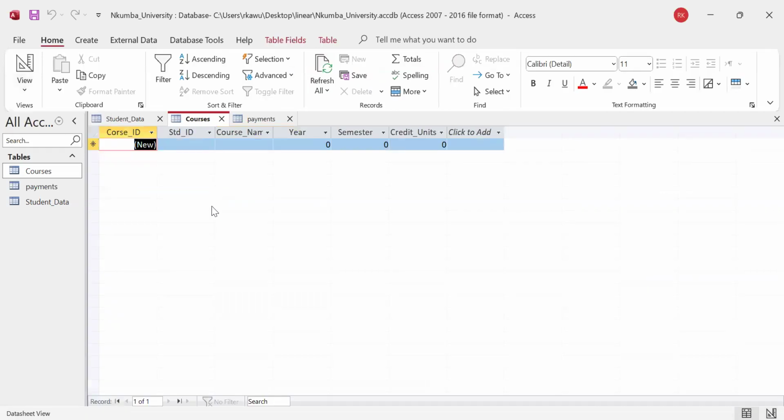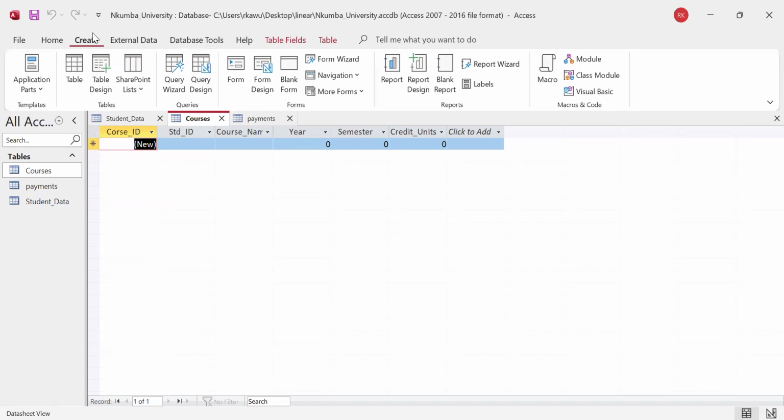Okay. But still, the relationship is not created yet among these tables. It's not yet created. So if I want to create a relationship among the tables,